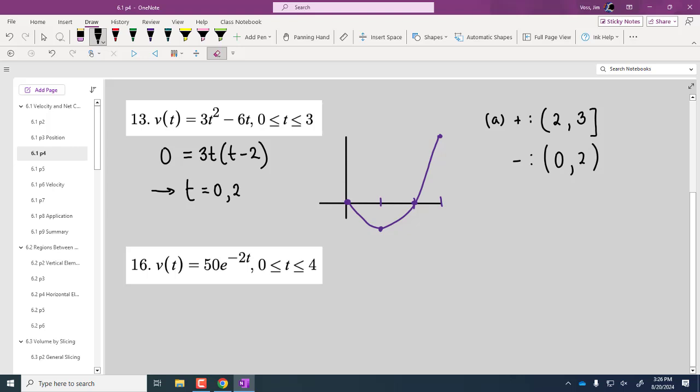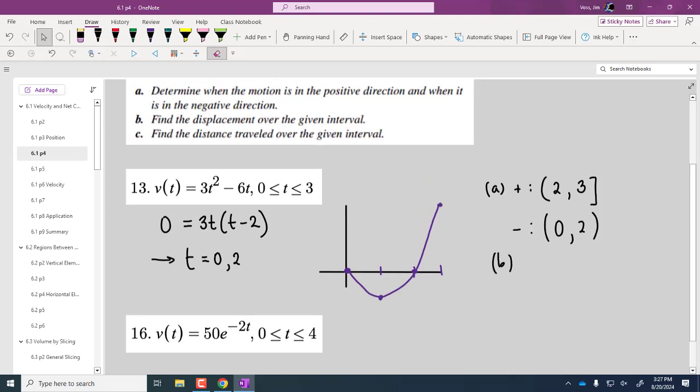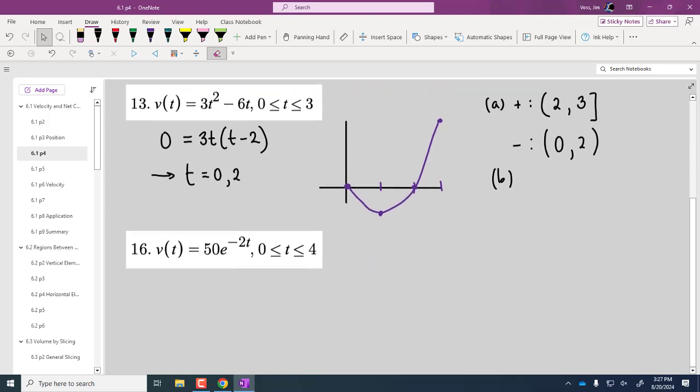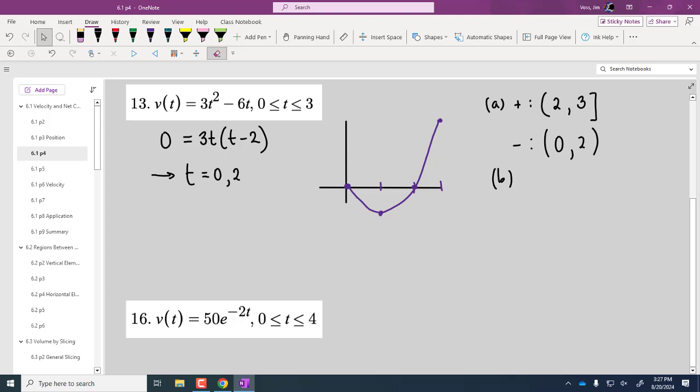All right, part B said, what is the displacement? Well, very cool. We have a neat formula for displacement. It's the definite integral, that cool thing that we learned from Calc 1. Now, unfortunately, there's not a standard symbol for displacement, so I'm just going to write DISP. So displacement is going to be the integral from 0 to 3